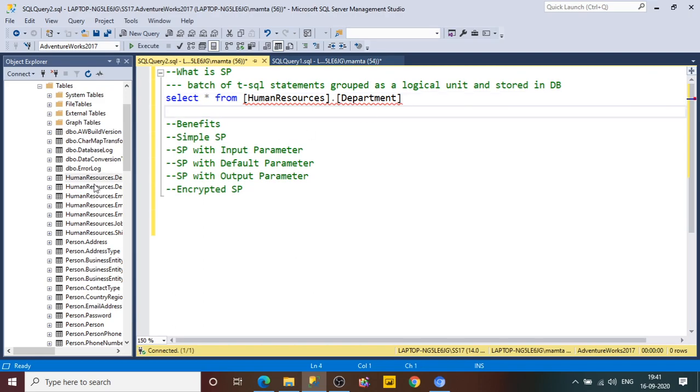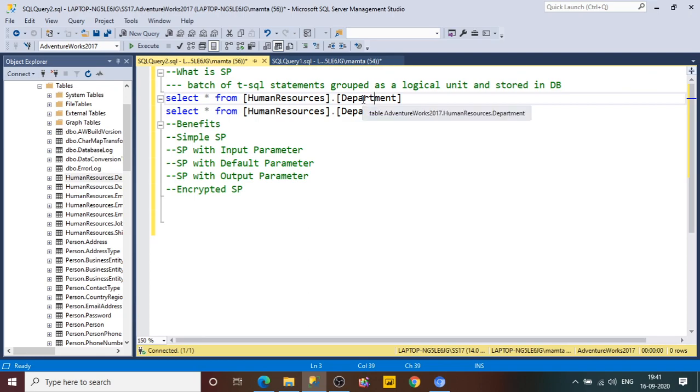If I write some other statement as well and enclose it inside a stored procedure, then it will be treated as a batch of T-SQL statements. If I put both statements inside the stored procedure body, it will be a batch of T-SQL statements grouped as a logical unit. Why is it called a logical unit? Because the statements should be related to each other.